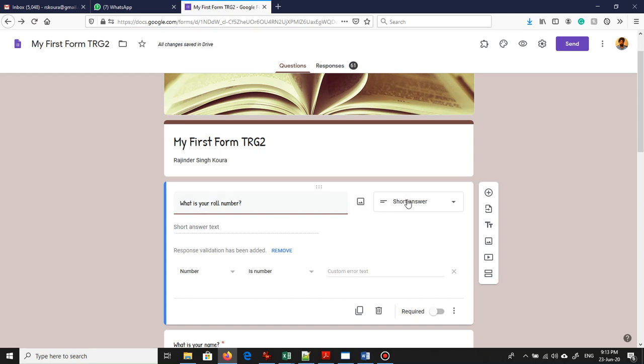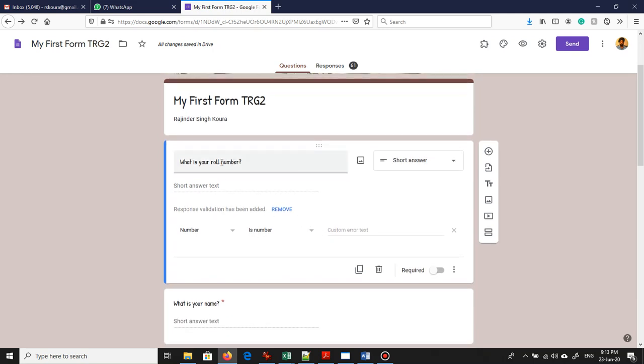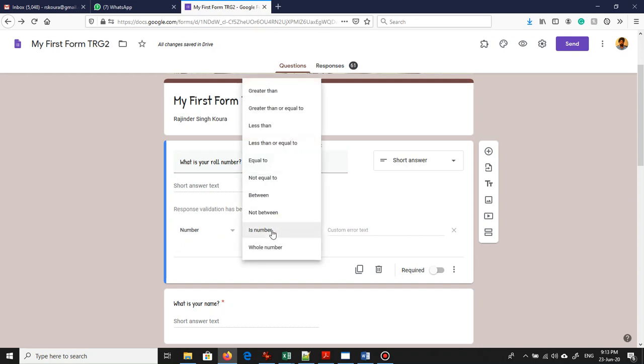Naturally, automatically it takes up short answer type, but I need this roll number to be a number because we normally use roll numbers as numeric only. We don't have ABCD or anything else in the roll numbers. Now the system has automatically generated a validation in your program because you have written number in your question, which says number is number.